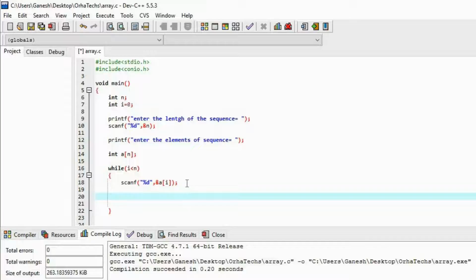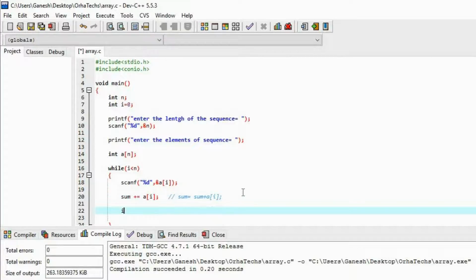We will do this, and here I want to tell you a new operator, that is the plus equals to operator. So what does this do? I'll show you in the comments. These two commands are nothing but the same. You can use either of them. I just wanted to tell you. So what will happen? The right side will get added to the left side of the equals to, and be stored in the left variable only. Then we will increase i by 1.